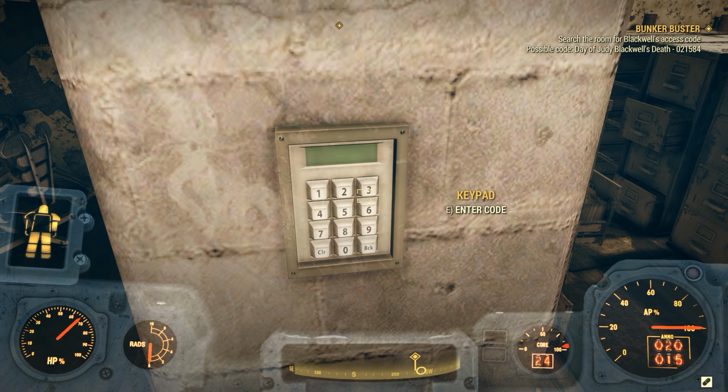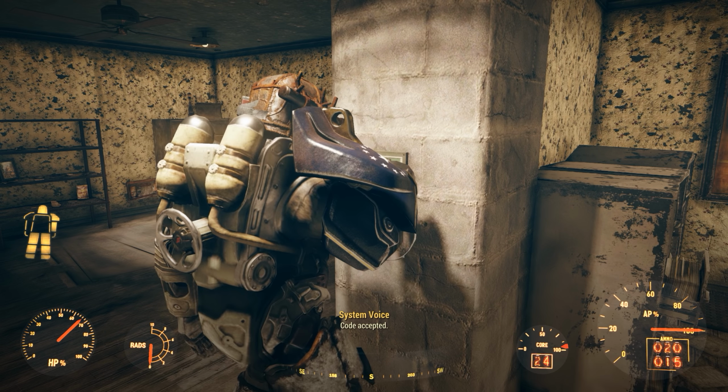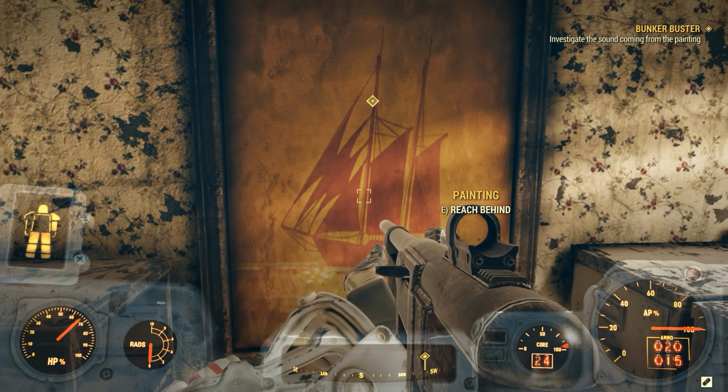However, you can also find documents inside the filing cabinets as well. I don't know if the code is random or not, or if it's the same one every time, but go ahead and search for terminals and search for the actual filing cabinets in order to get all the codes and try them. Once you have found the correct code, you'll be able to interact with a painting on the wall,